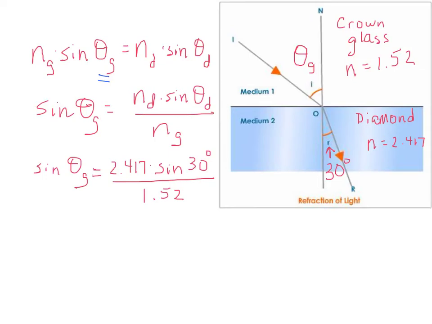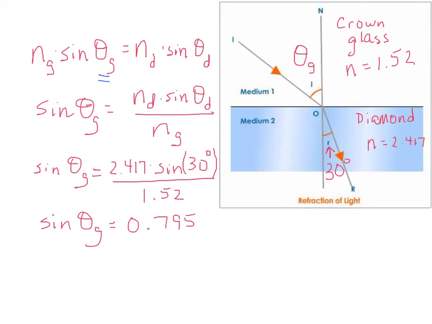Alright, now at this point, you can grab your calculator and punch that in just as it's written here. You would have to close the parenthesis after the 30 degrees. I'll go ahead and maybe put parentheses there just because it'll look that way on your calculator. And you have to make sure that your calculator is in degree mode and not in radian mode. Okay, now the number that calculator is going to give you is not your answer, it is the sine of the angle. So you'll see on your calculator, and I might suggest that you actually punch this in just to see that yours is looking like mine. It's